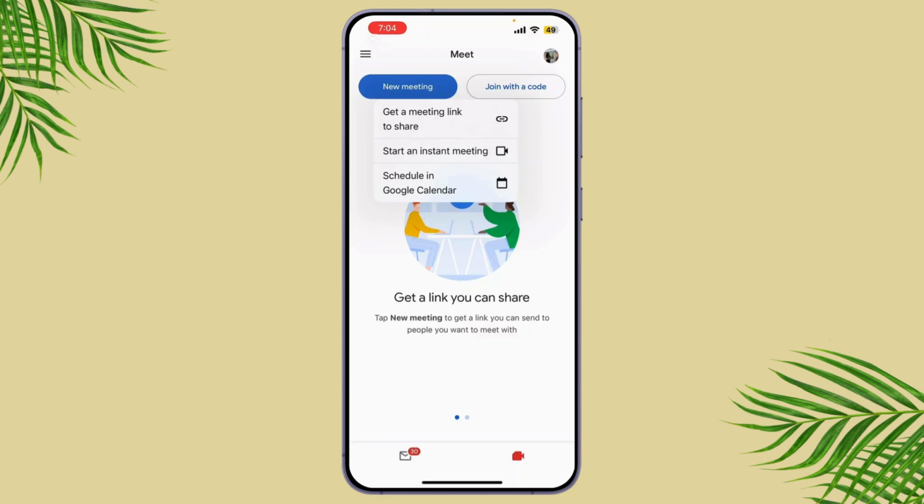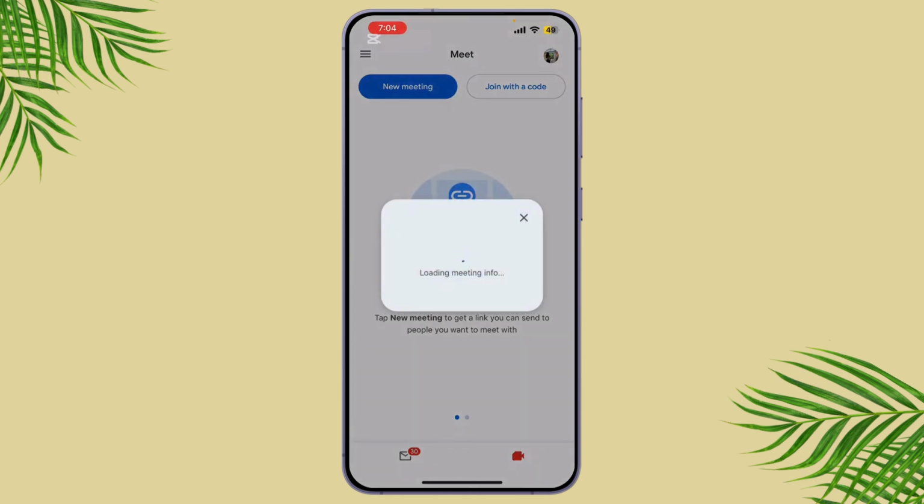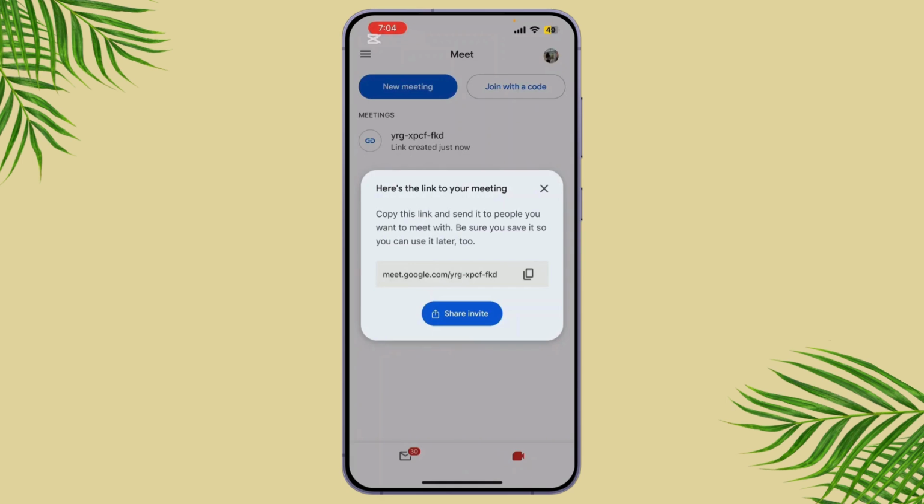Now, what you need to do is tap on one to get started. Now, you'll have a few options for your new meeting. You can either choose to start the meeting immediately or create a meeting link to use later. To get a link you can share later, select get a meeting link to share. Now, once you've selected that option, you'll see your meeting link appear on the screen. It will look something like